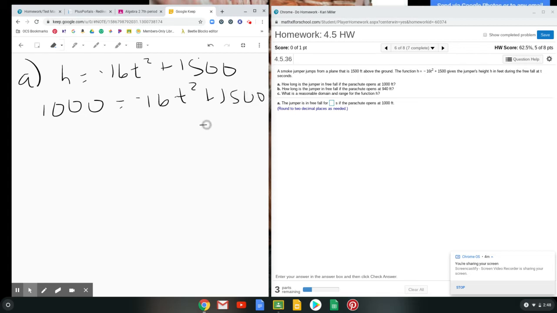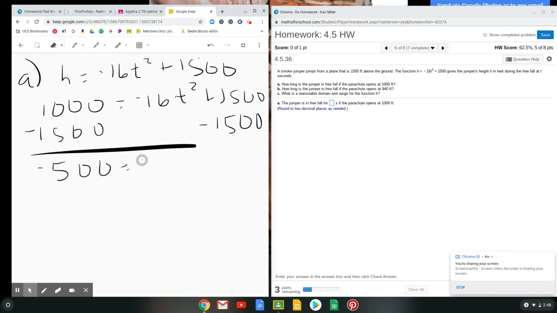And then we're going to solve for t squared. So you're going to subtract 1,500 from both sides. And we get negative 500 equals negative 16t squared. Now we're going to divide by negative 16. And we get a decimal, 31.25